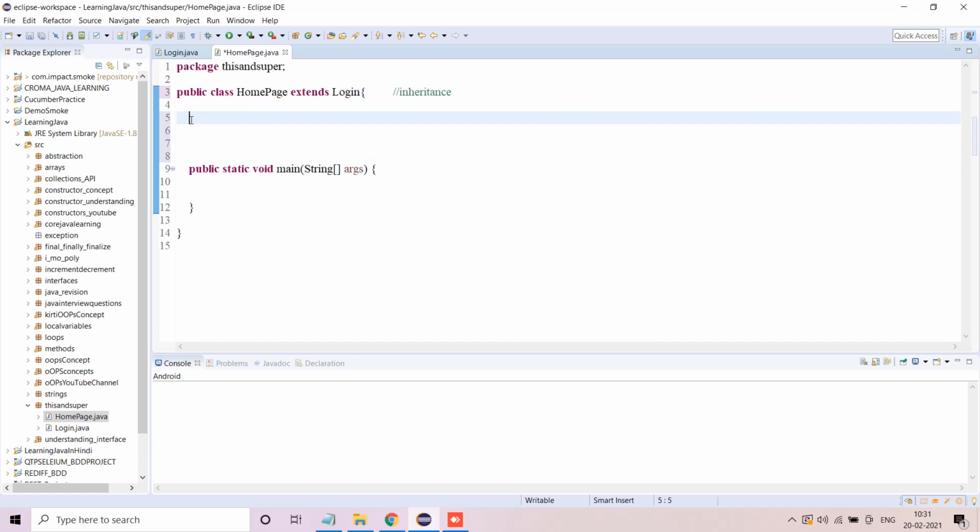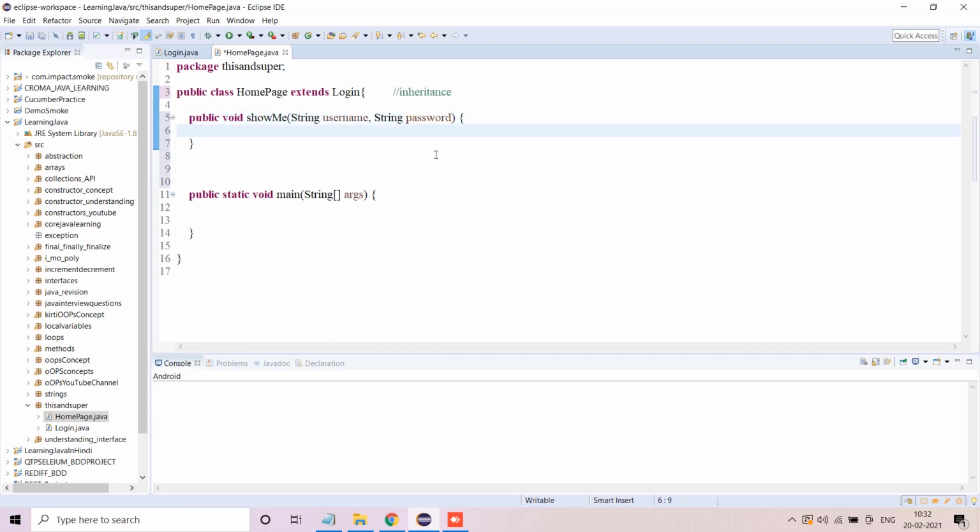What I'll do here is I will create a small method, just a simple method, public void, let's say show, and here I'll pass string name, string secret, something I'll pass here. So what I'm going to do is instead of giving different names, I'll use the same thing. It'll rather make it absolutely confusing. Okay, no problem. It works absolutely fine. This is the local variable which I have passed inside for this particular method.